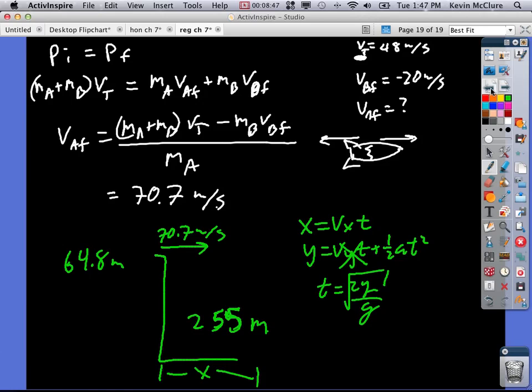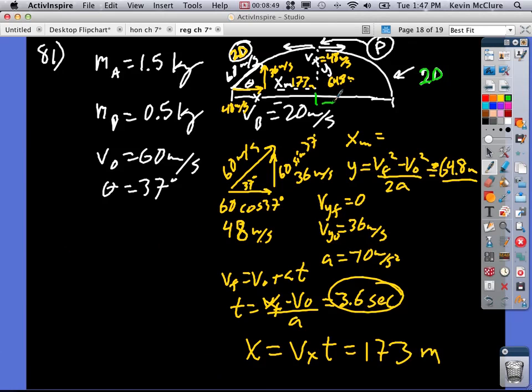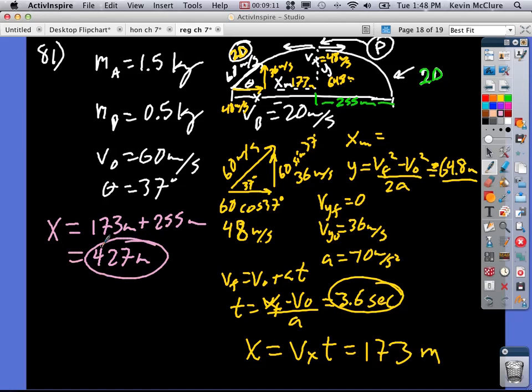Now we have to go back over here, and now we realize this is 255 meters. The question was asking how far did it land from the original launch point? So we're going to take the 173 meters plus the 255 meters to get our 427 meters total, and thus our